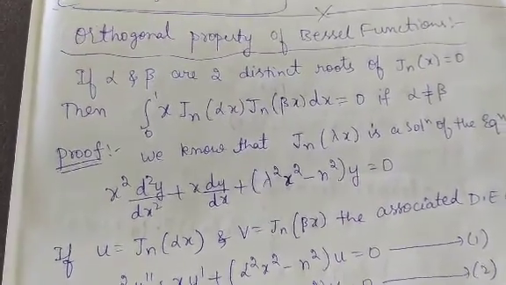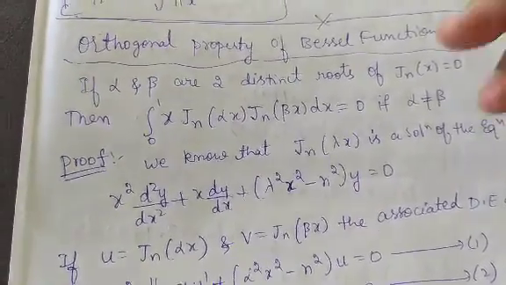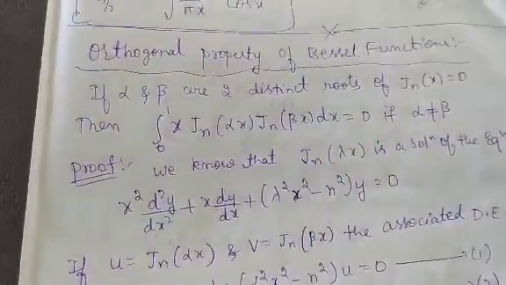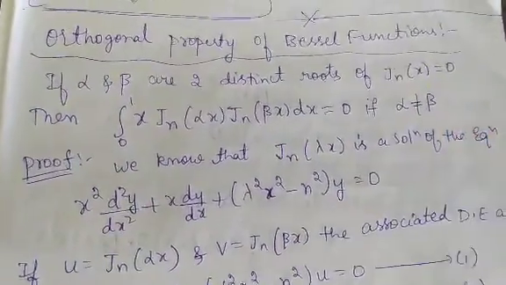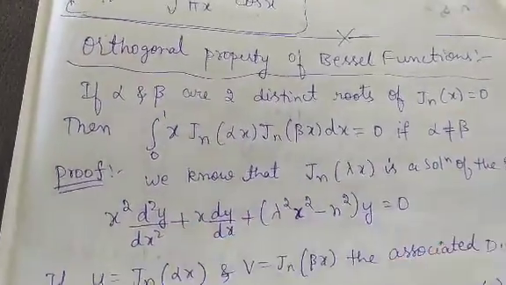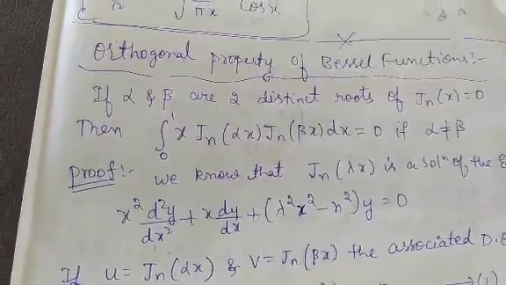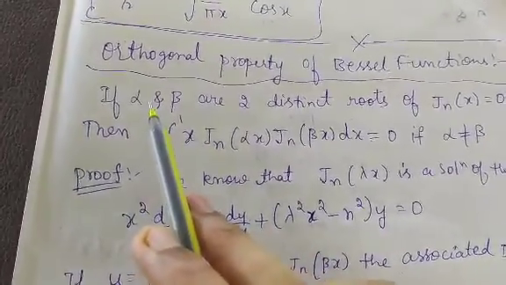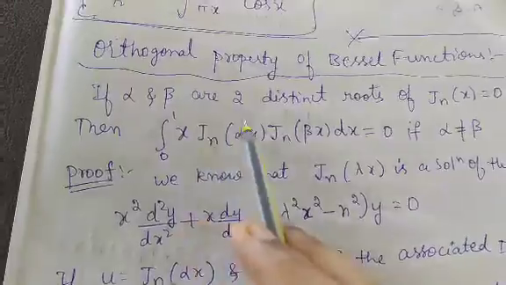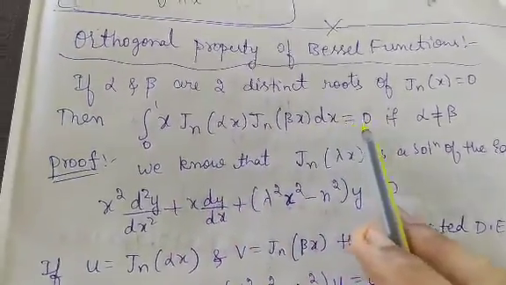Good morning, students. So today we are going to discuss the orthogonal property of Bessel functions. What is this? It is one of the proofs. So, the derivation of the proof. The statement is: if alpha and beta are two distinct roots of